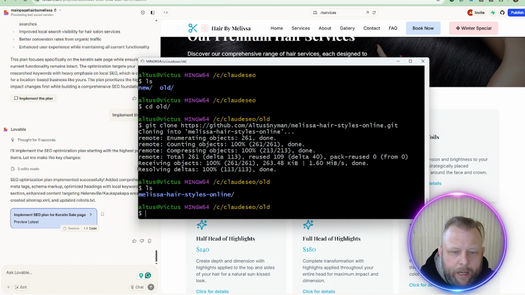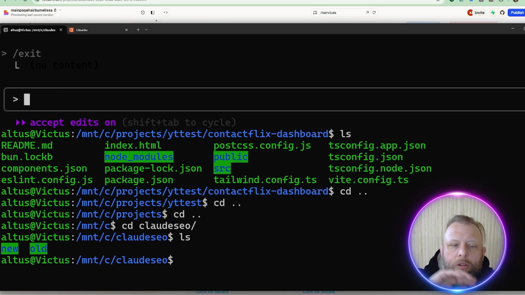So cd, and we're going to go to Claude, and we want to be in this folder. Okay, you want to be in this folder here, because from here we're going to tell Claude to go into the old folder and to go into the new folder. So I'm going to go to Claude, and all I'm going to say is